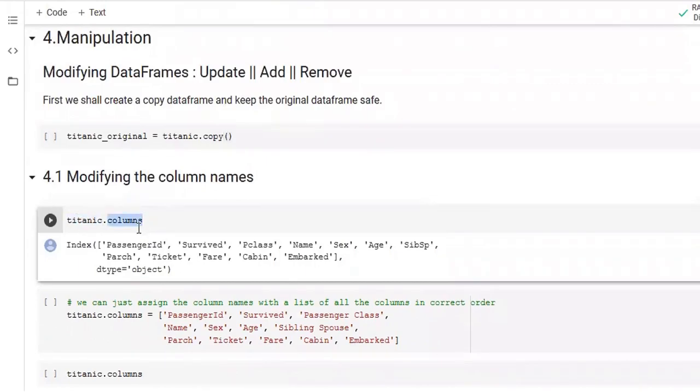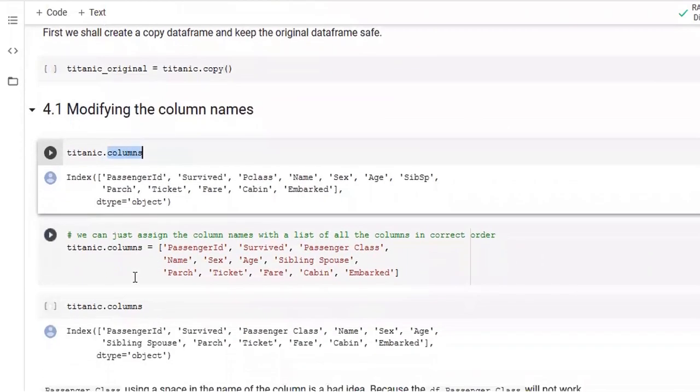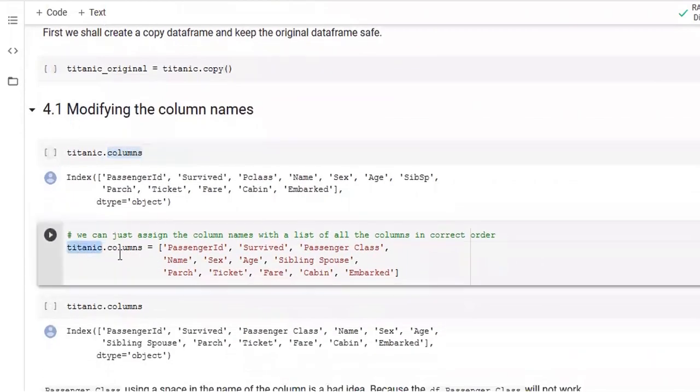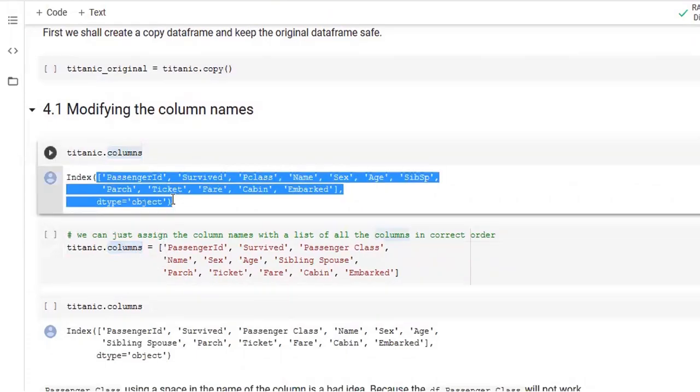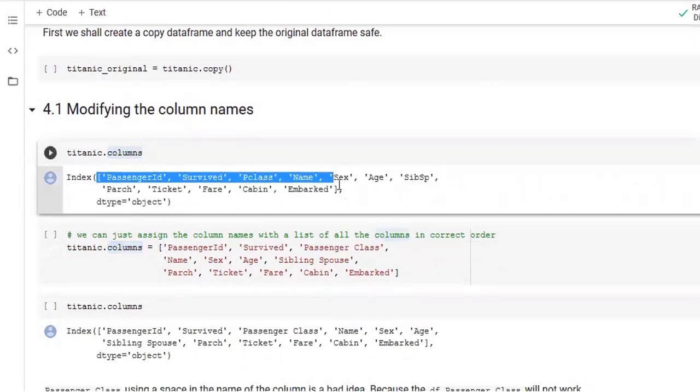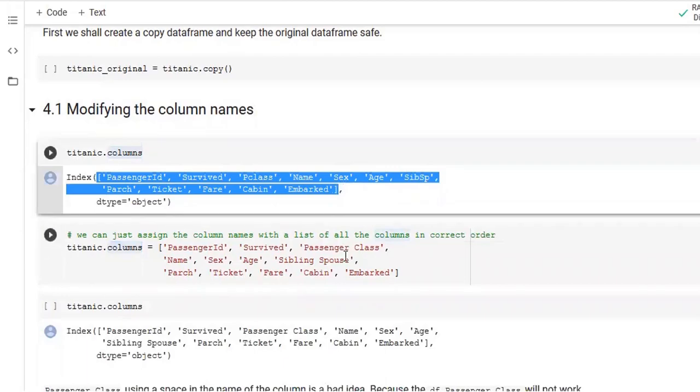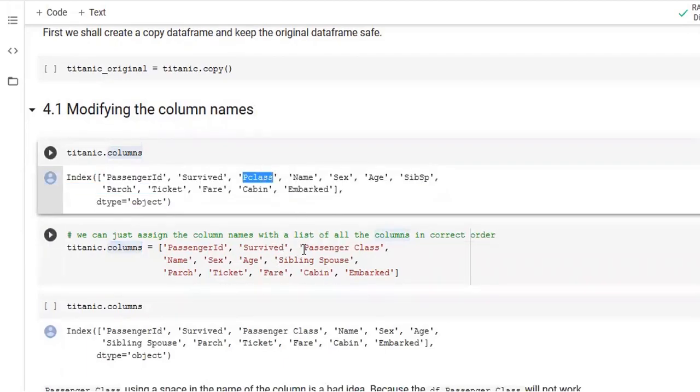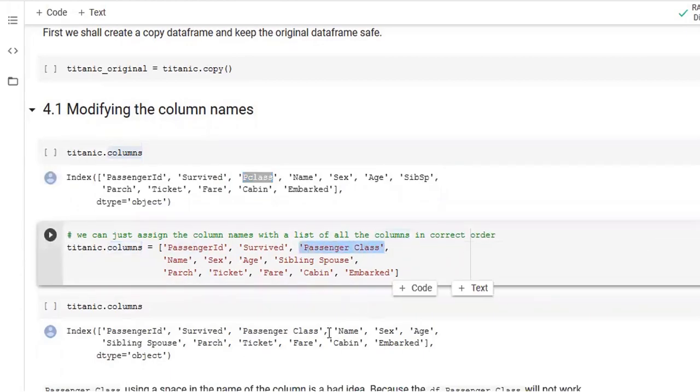Column names, if you want to access, we can use dot columns. If we want to change the column name, we can use the data frame name dot columns. These were the column names which were already given. Here I have changed two columns. For example, I have changed the column name from Pclass to Passenger class. And then one more column that I have changed is